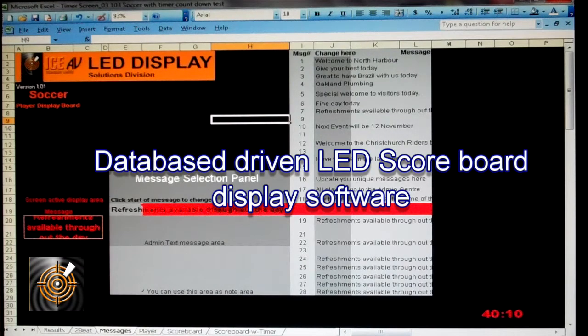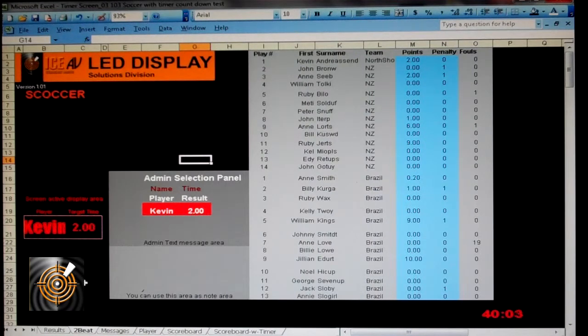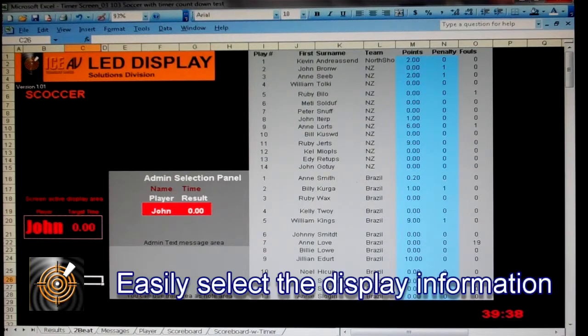So on the next menu that I want to show you that's available is a screen that gives you the option to be able to display an individual player's performance during the game. So here you can see I've already selected Kevin. I could go through and select any other name, John, for example, and it's going to display John. Now John, he's got 0 points at the moment, so obviously we would change that,